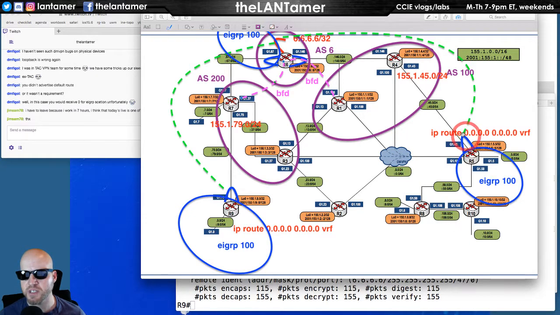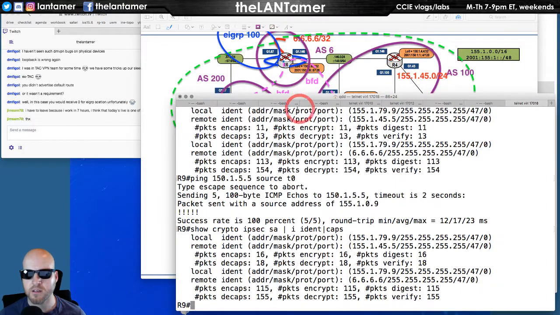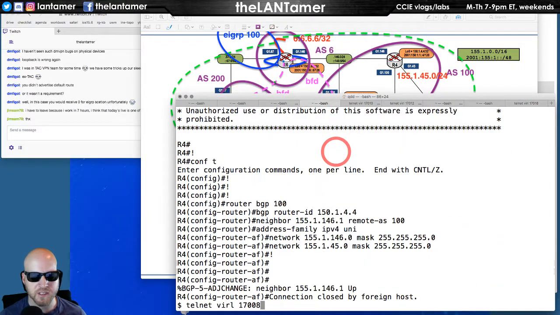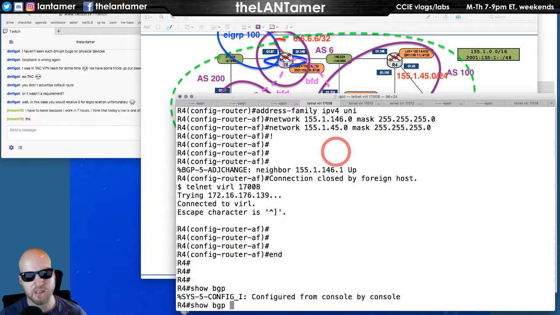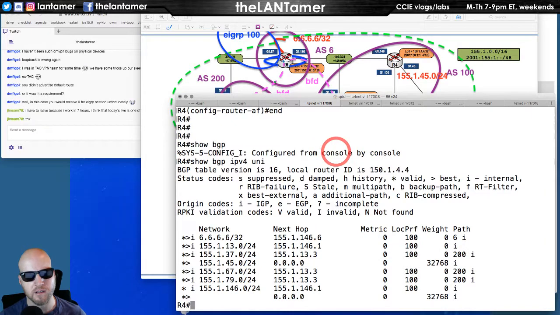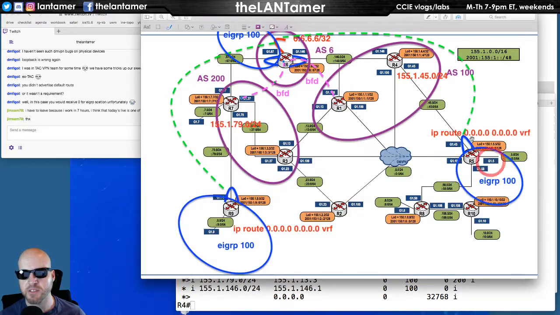Well, we know this is coming here. So I could look at router 4. Yeah, I could look at router 4 and see what his path is. Show BGP IPv4 unicast. Okay, so we know, for example, for this tunnel to work,